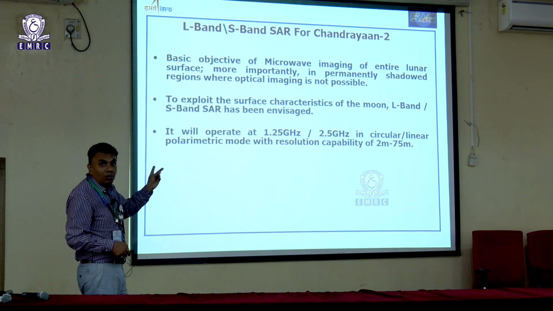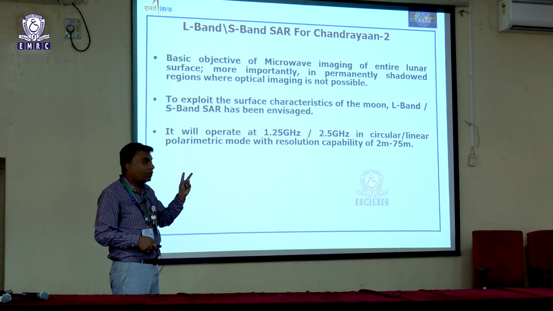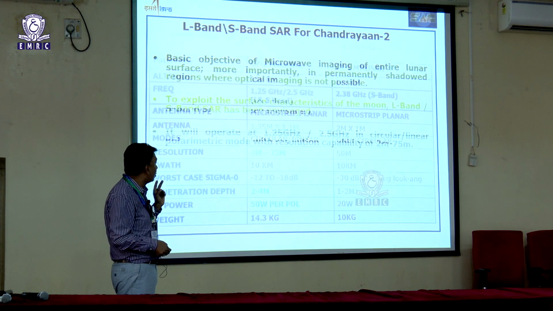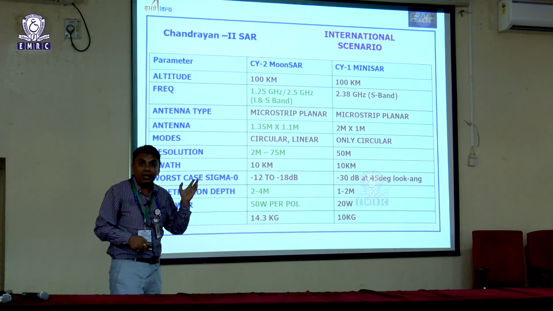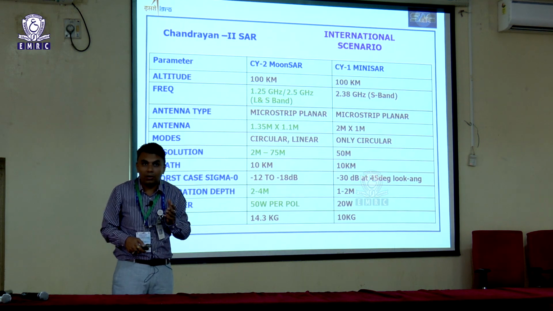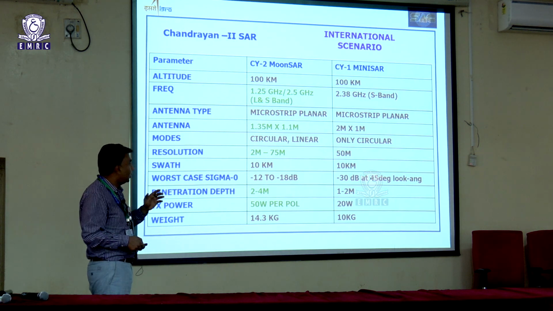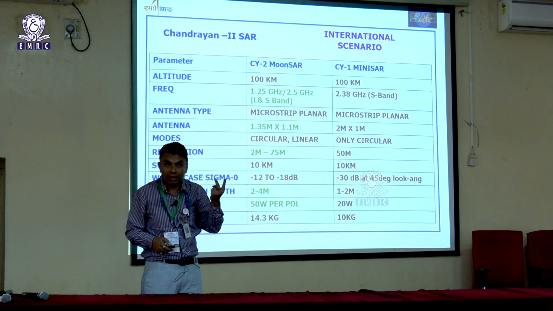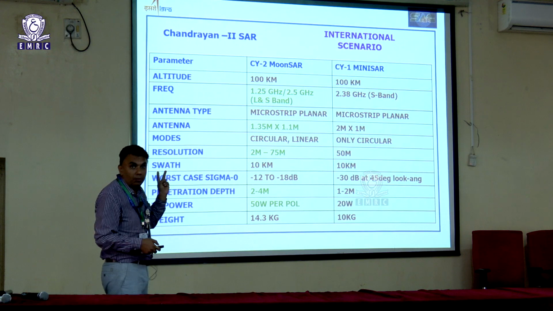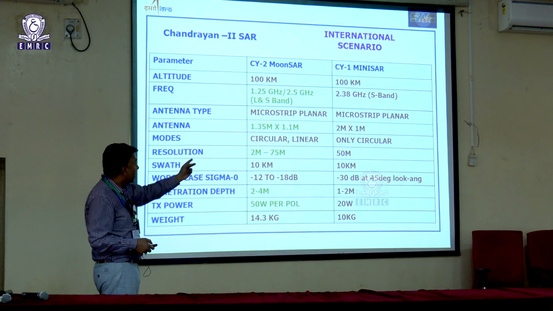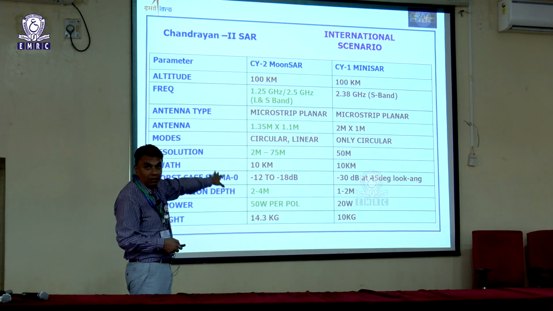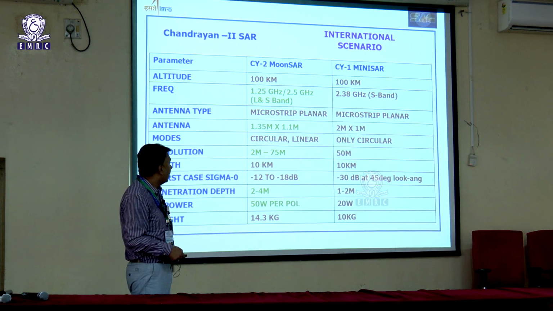And there also we have remote sensing. We have two bands of remote sensing, L band and S band. That is called a synthetic aperture radar payload, which is on board Chandrayaan 2. If you compare the technology we flew in Chandrayaan 2 with the international scenario, internationally nobody has sent this dual band synthetic aperture radar. We are the first to send L and S band to the moon, whereas mostly people have sent S band only. I am giving you the comparison of what type of technology we have sent.